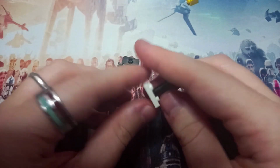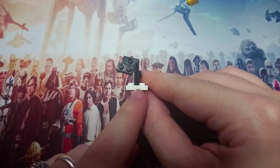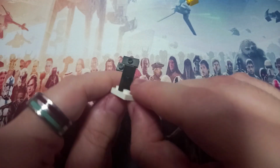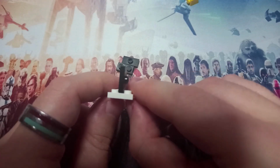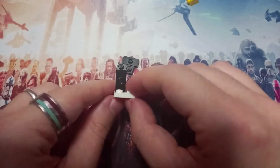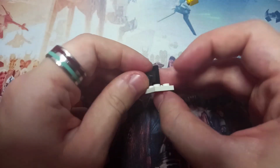I'm not quite sure what the science is behind it, but the groove must make the plate a bit thinner towards the bottom, and that is where the problem occurs. So anything with that groove, you can check any sort of tiles and modified tile or plate pieces with that groove can now stand on a plate, and that's a completely legal technique, which means you can connect this plate